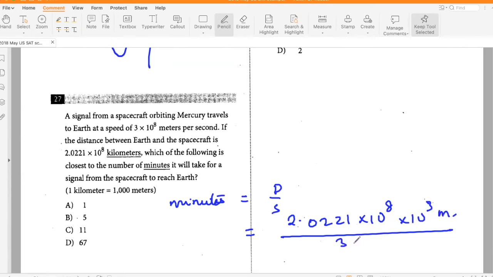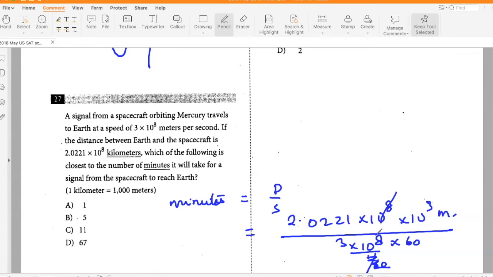And speed is 3 into 10 to the power 8 per second, which is 1 by 60. So this divided by 1 by 60. So I would have to do into 60 here, right? To get the answer in minutes. Because this will be in seconds, so that divided by 60 will give me the answer in minutes. Yeah. Okay, so then